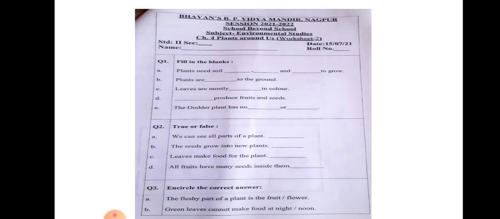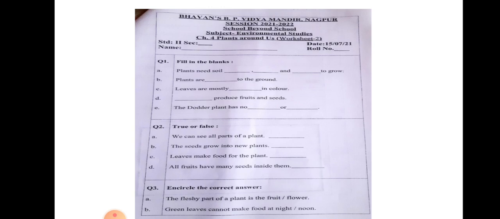They absorb water and other nutrients from the soil. And how does the water travel up? Stem क्या करता है? The stem carries the water to the other parts of the plants and the trees, or you can say leaves also. So the water travels through the stem and the branches to the leaves. Leaves are mostly green in color. They make food for the plant. The leaf is called a food factory. The leaf is the mama of the plant. Leaves खाना बनाती है, make the food for the plant using water and sunlight.